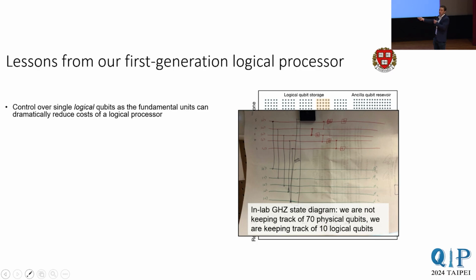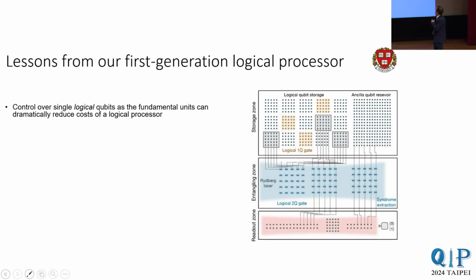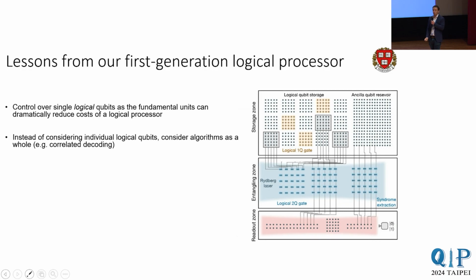Here, when we're doing our GHZ state, this is what you would see when you came into our lab. We have these 10 lines here. These are the 10 logical qubits. And we think about how we program a transversal CZ or transversal CNOT between these 2 logical qubits. We just move these 2 logical qubits together, pulse this one global laser, and do this one logical gate in a single step. That's a really central point of building these error-corrected processors that I really cannot see going away. This is parallel control.